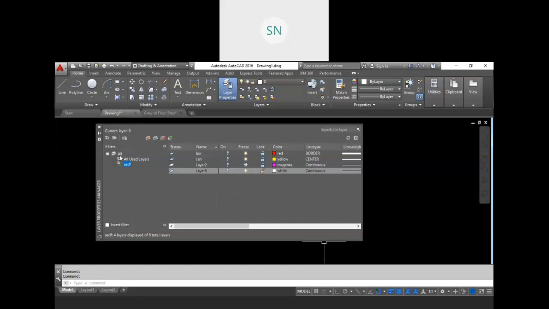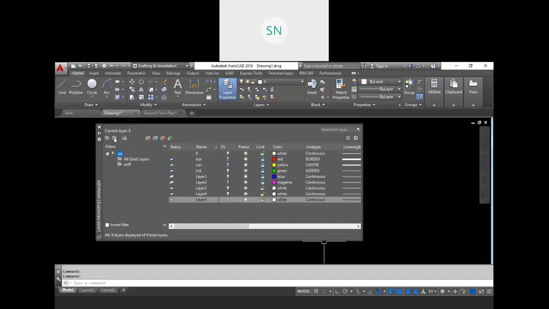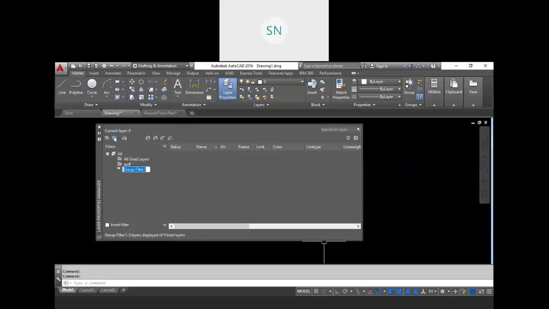The second filter we have is the group filter. For that we don't need any condition, we can create a group of any layers as we require. So click on group filter and give it a name. Right now it is empty, see we have no layers over here.